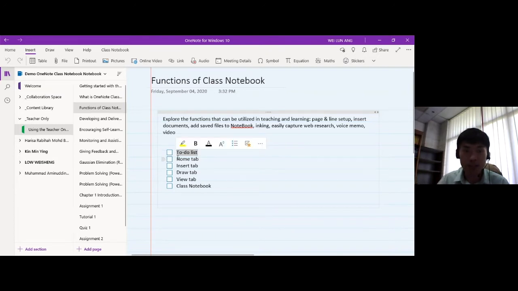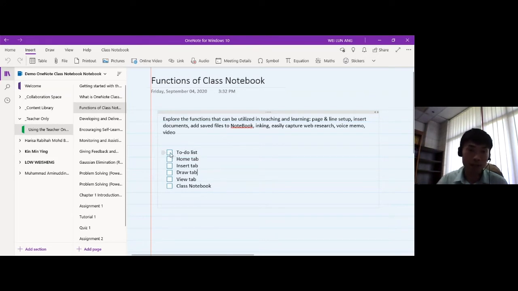I'm aware that online learning is getting more popular and compulsory for most universities and even in secondary and primary schools. So we have a lot of courses and a lot of activities for the students. Either we want to deliver chapter 1 in week 1, in week 2 we want to have a tutorial, assignment, quiz, and all those kinds of things. So we can have a to-do list as a guide for us.